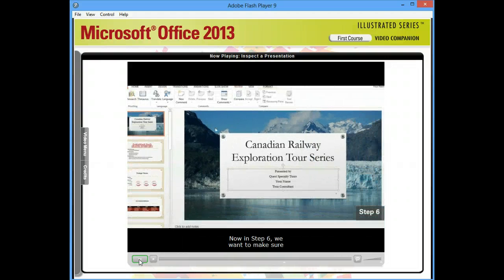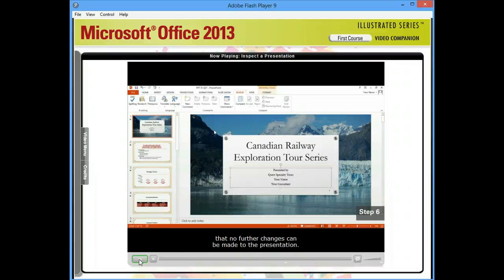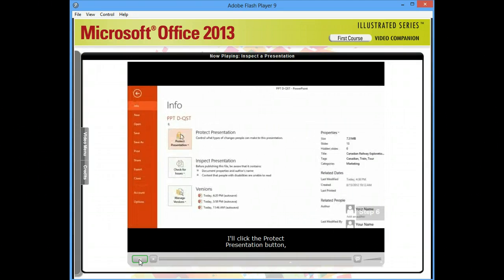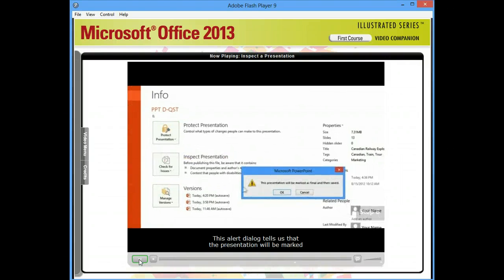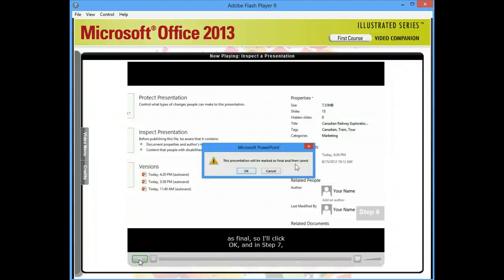Now in Step 6, we want to make sure that no further changes can be made to the presentation. So I'll click the File tab, I'll click the Protect Presentation button, and I'll click Mark as Final. This alert dialog tells us that the presentation will be marked as final. So I'll click OK,